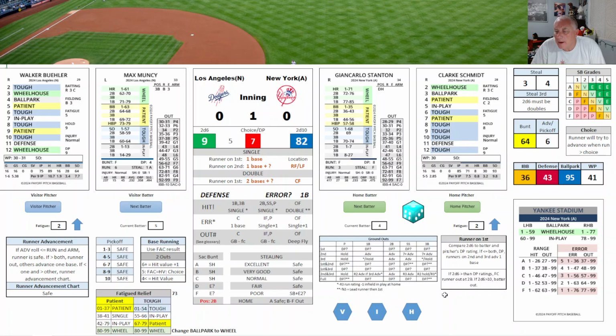I have that on here somewhere. If 2d6 is greater than, okay. Yes, that's a double play. And that's it. If you watch some of my other videos, I've been playing a lot of Net Result Soccer, and so some of these games I haven't played as much. So I've only played a few games back into it with Payoff Pitch. So that's going to end the inning. Stanton makes the last out. We go to the second inning.